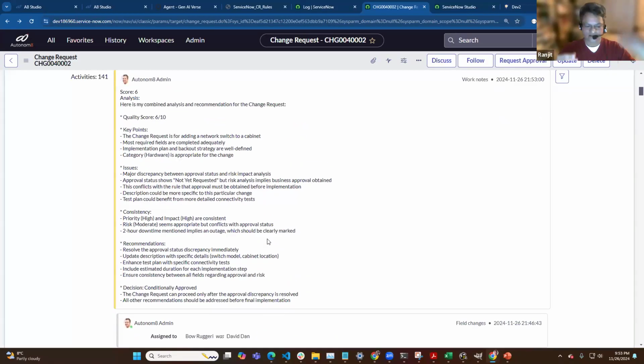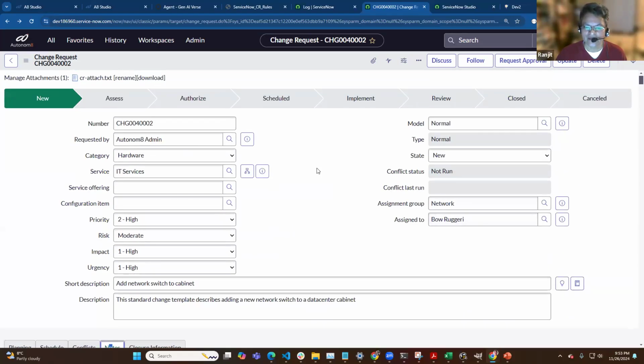So this is end-to-end. I start on ServiceNow, I get the analysis done by the agentic workflow, and this comes back into my ServiceNow environment. So I can just look at it and say, okay, I need to. It says there's a discrepancy between approval status and risk impact analysis, and I can go and make changes to all of those required fields to make this change request more compliant, thereby relieving the IT manager of having to deal with a whole queue of change requests. So this sort of completes the end-to-end